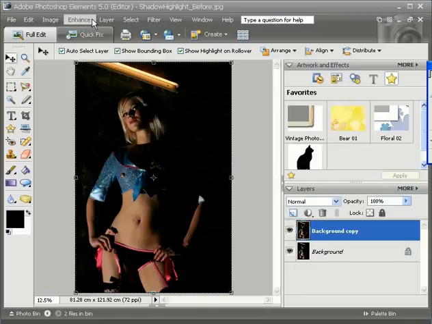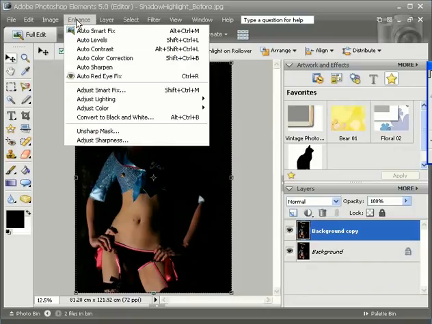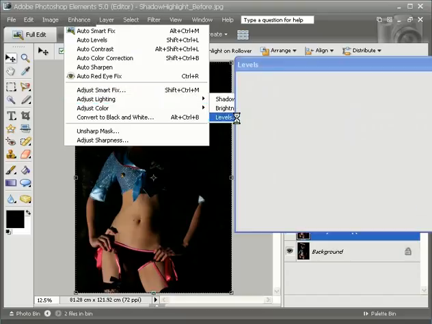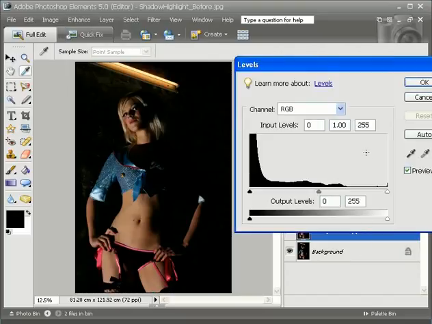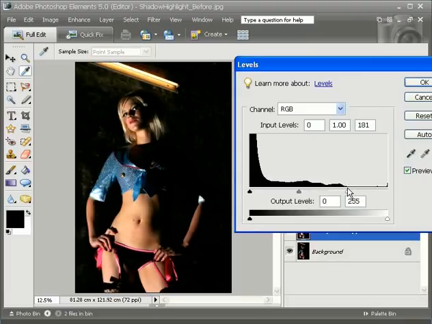The nice thing with levels, though we're not ultimately going to use it, is that if you go to adjust lighting and choose levels, you can see the histogram again, and this time you can edit it. You can see we've got all this black here with no detail in it, and there's not so many brighter pixels, so we just take the brightest ones, which are about here, and give them a stronger value. You can see the image brightening up quite a lot,